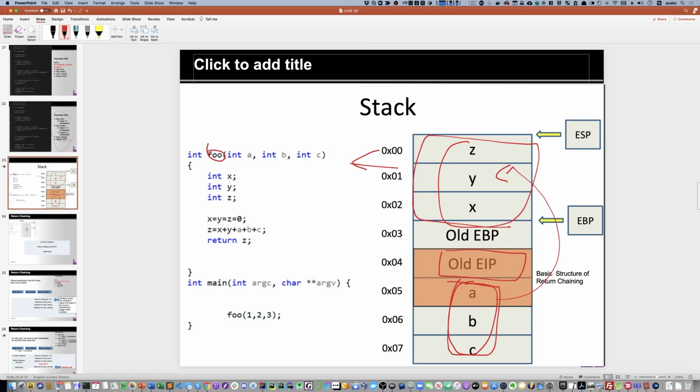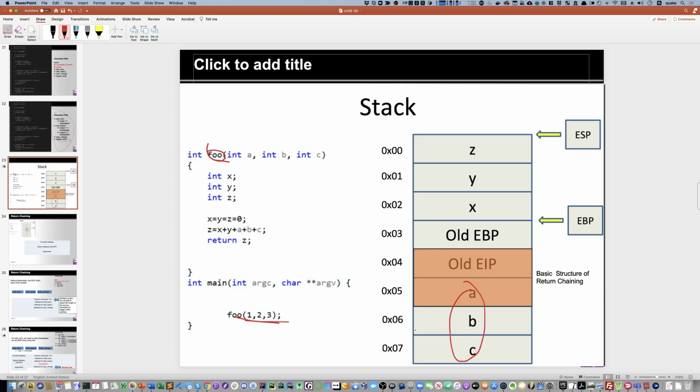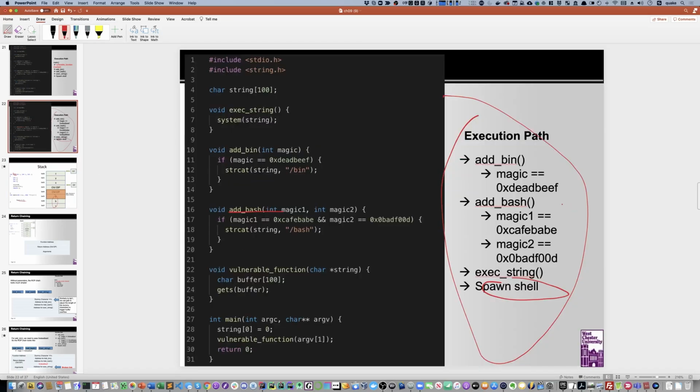So this is the stack frame that belongs to this foo function, and this part is actually how you're passing the arguments 1, 2, 3. So this ABC here is actually just 1, 2, 3, right? Which is the argument that you passed here. So in short, we use this stack to help us pass arguments. But this time, instead of putting ABC on the stack, we need to put in the actual value 0xbeef on